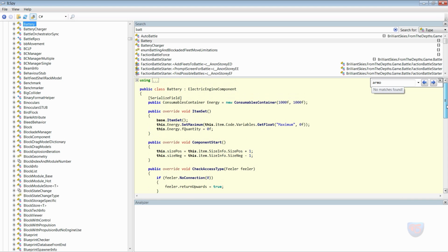So the battery, for example, is not a block. In fact, it's an electric engine component. So it's part of the electric engine component. So the battery itself, what it had,